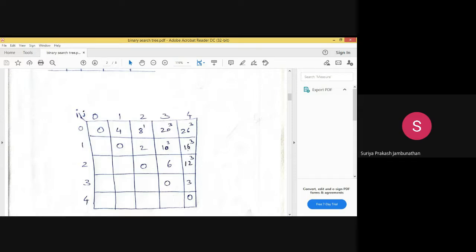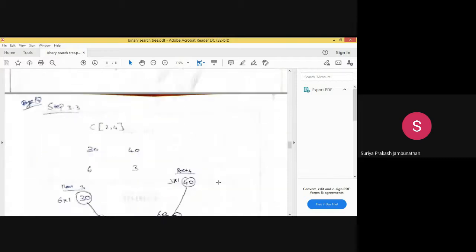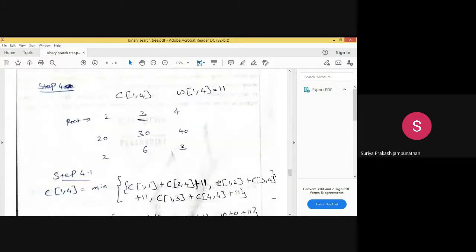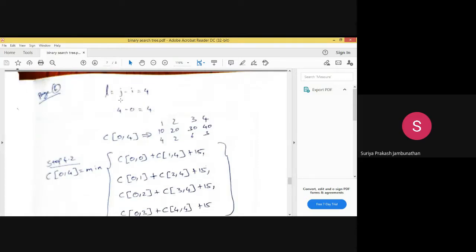Okay. Now what we are doing next? We are just calculating the last one, that is the final calculation. Let's move for the final calculation. So what is the final calculation? We are just calculating 0, 4. So 0, 4, what is the combinations we will get? When you are putting 0, 4, we are getting all the 4 values we can take. Because our size is 4, we can take all the 4 values, because j minus i we have to identify 4. Only one combination we will get 4, that is said to be 4 minus 0. So j value is 4 and i value is 0, that results 4.